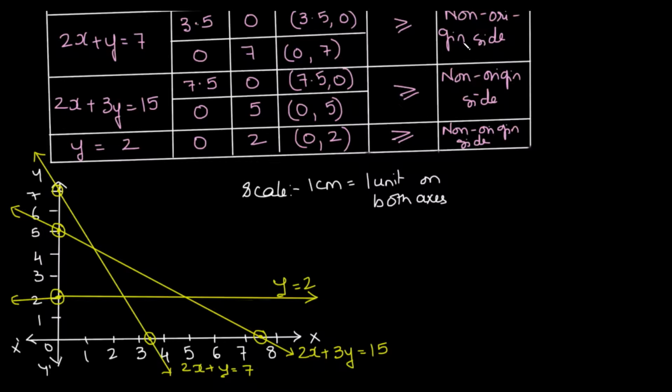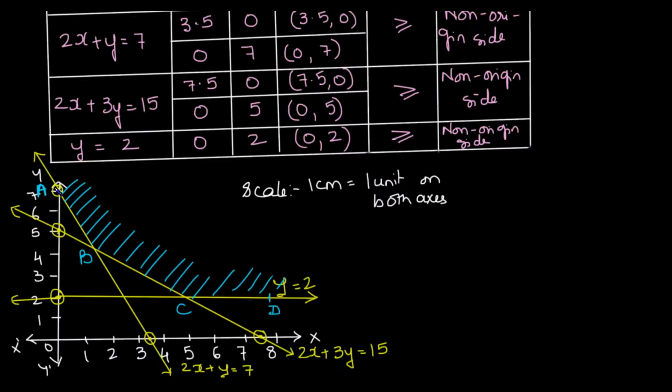Now, the solution in this case, the solution sets are all on the non-origin sides of the line. That means here, and the common region to all these lines is this particular region. But the corner points are this point, that is A. Let us name it as A. This point, say B, C, and just for the sake of naming the region, suppose this is D. And this is the y-axis.